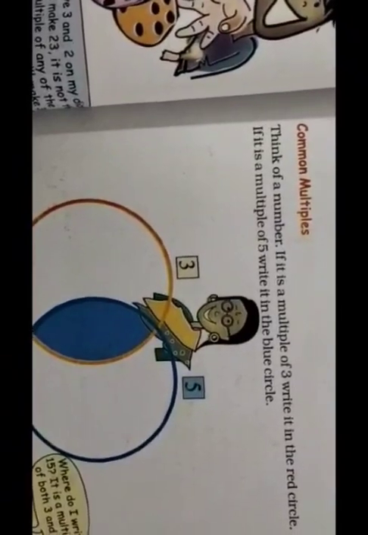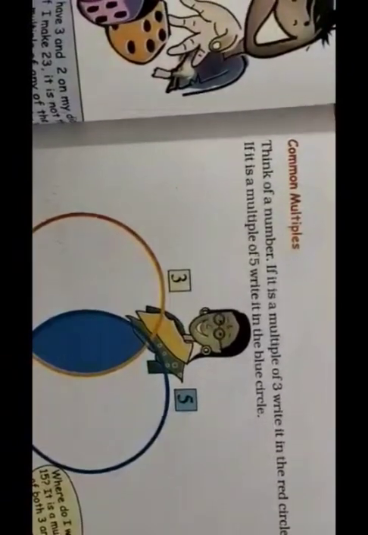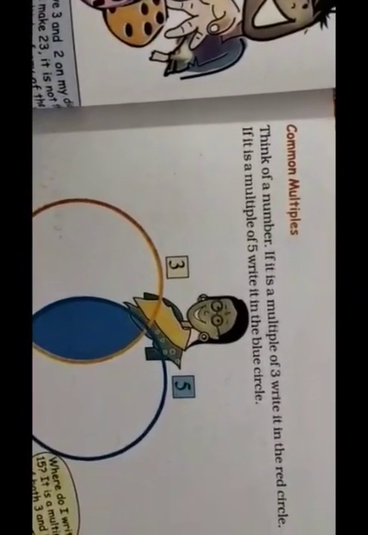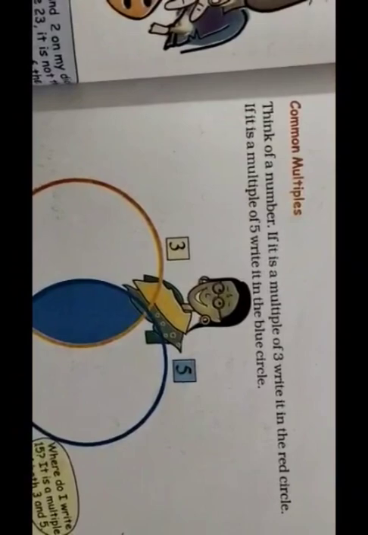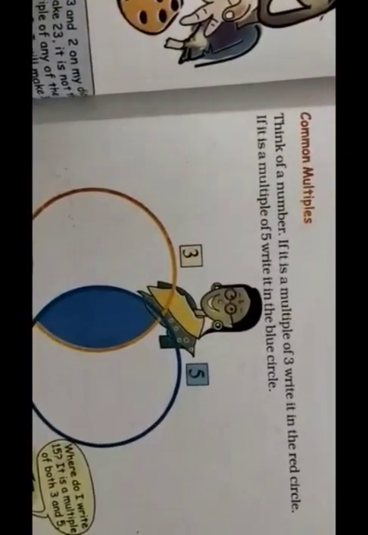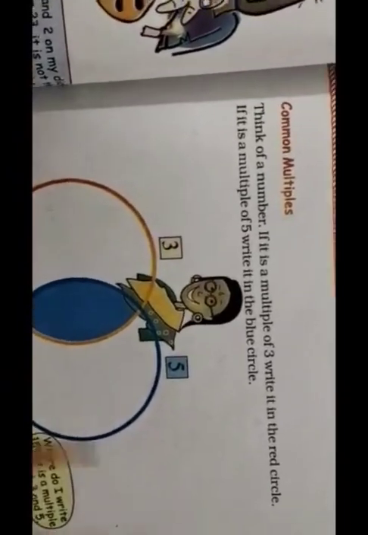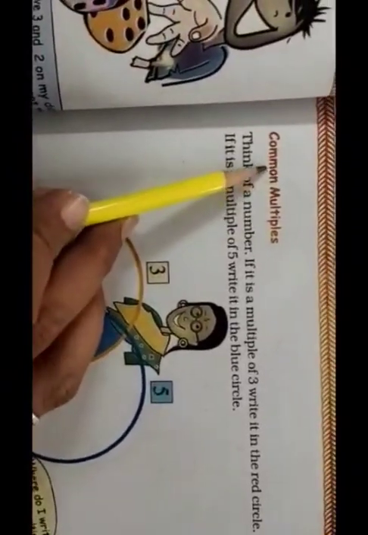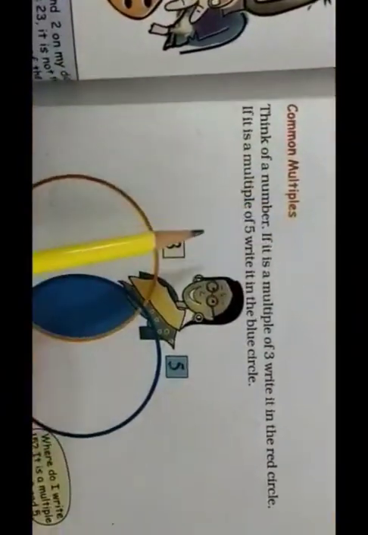In our previous video, we learned about page numbers 89 and 90. We learned about the common multiples and LCM also. Today, we will start with page number 91 and further. As we are seeing the heading, we will start with the common multiples and the sums regarding the common multiples.